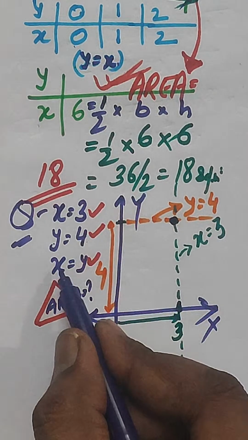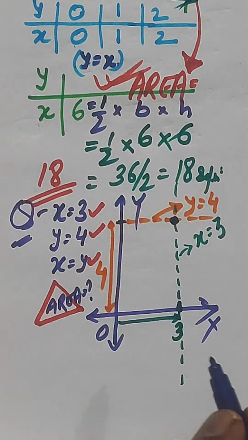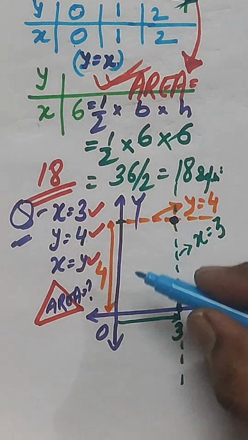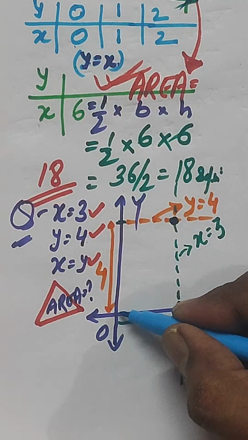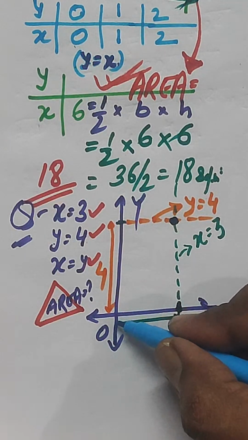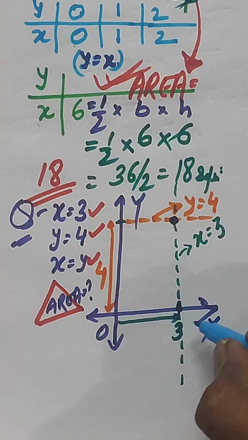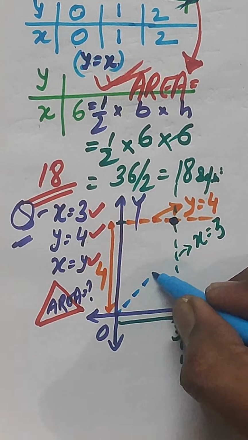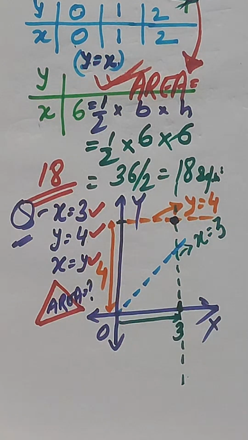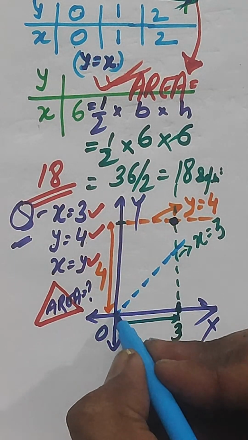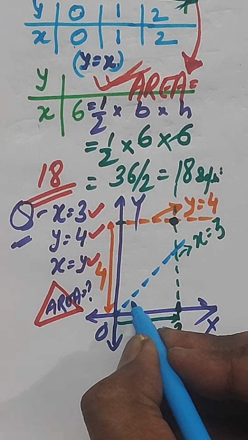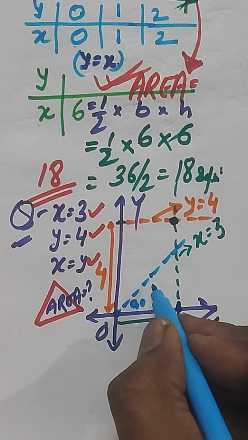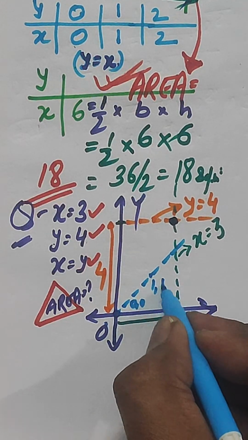So the third line is x equal to y. X equal to y, that means we need to see it here. It will be like this. Why like this? Because here you can see x and y both are 0, the origin. At this point maybe x is 1 and y is also 1,